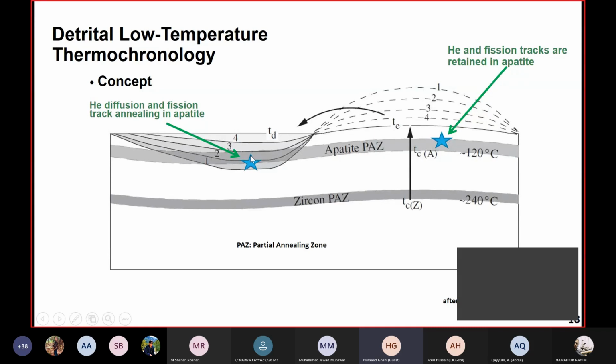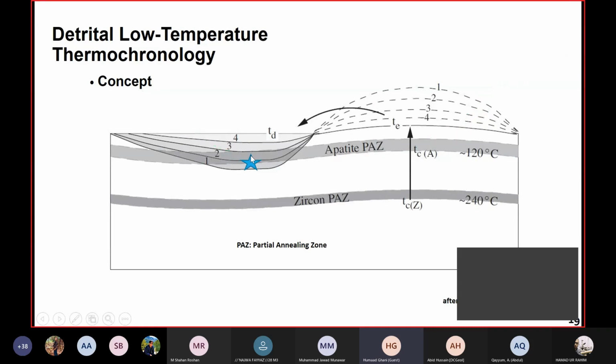For example, when these sedimentary basins are transformed into fold and thrust belts, these rocks are again uplifted towards the surface. In this case, a rock coming up from the stratum of 1, which was coming from the hot region, has now the new history, new fission tracks, new helium in the system. If they were coming from 2 and 3, they would have partially reset source history. And if they were coming from this 4 toward the surface, then they have the total source history available with these rocks. So we can do these kinds of things to understand the timing of